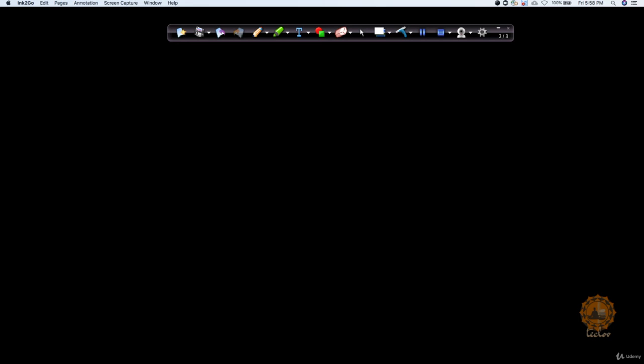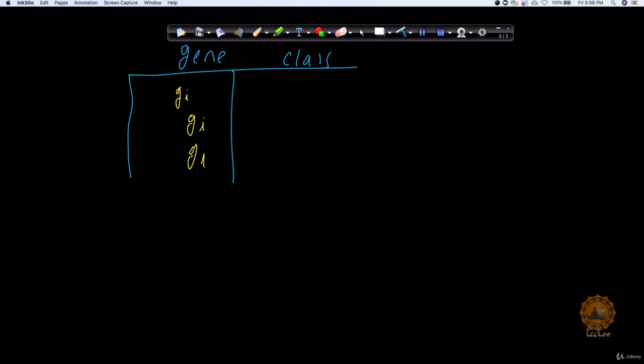So let's imagine I have data of this sort. Let's say I have two columns, one is gene and second is class. Let's say I have a value called gene I. I have all these gene I values here, and corresponding classes to it, let's say 2 2 2, and then 3, and some more 3 3 3.